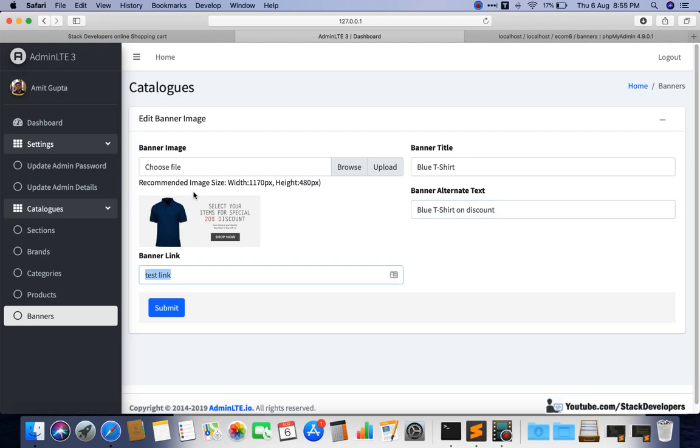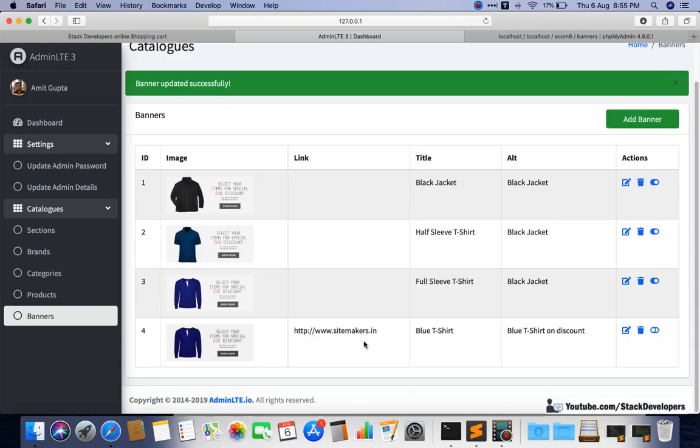Link, you can put anything, like cards. Okay, now you can submit the update and you can see it is coming fine.